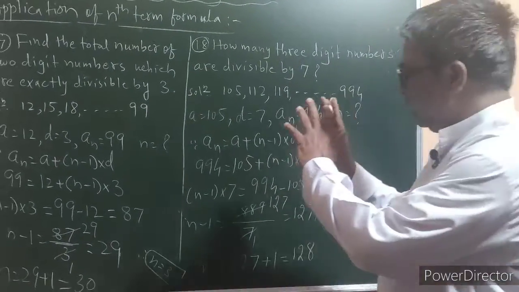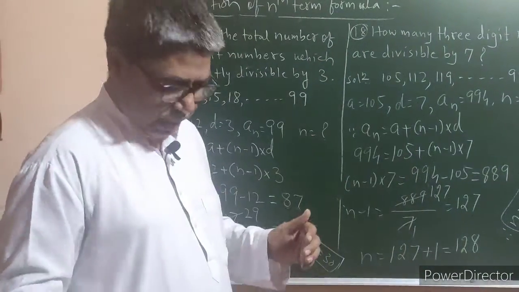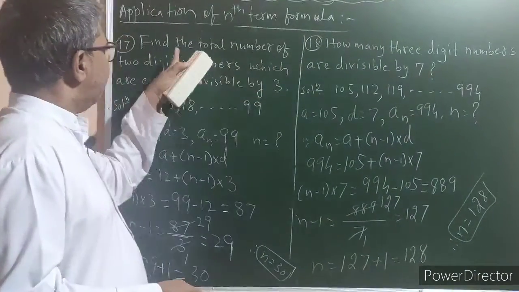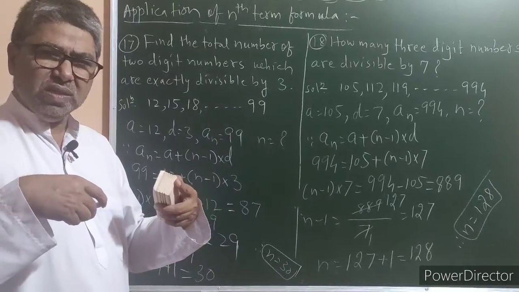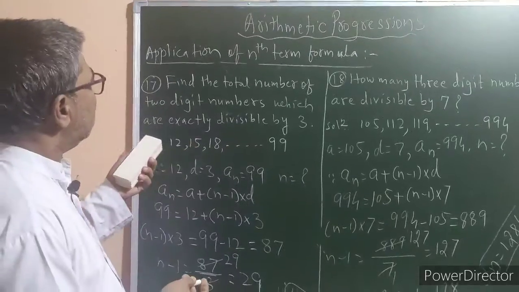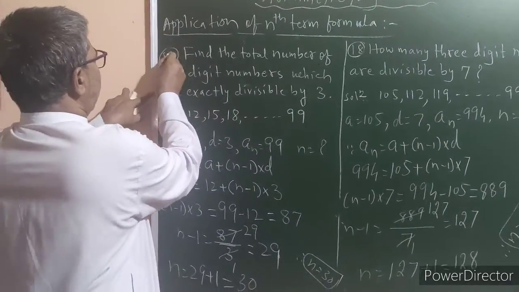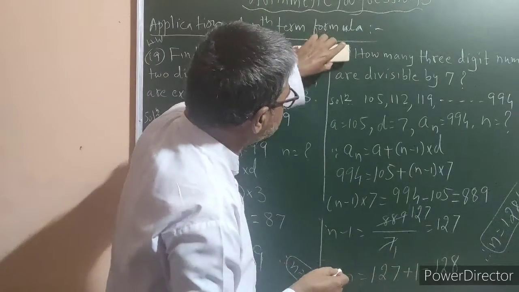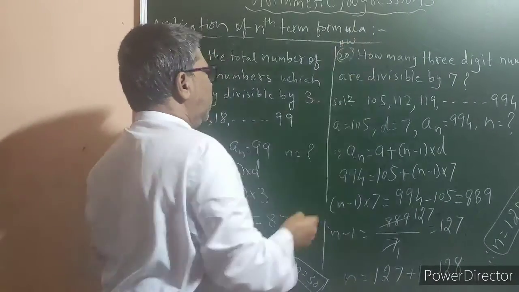So in this way, in these two examples also we found the value of n. Now you can change the numbers, take 2 to 3 examples of your own and you can easily solve them. Let us say this example number 19, call this as HW, and you change this example also and write it as example number 20.